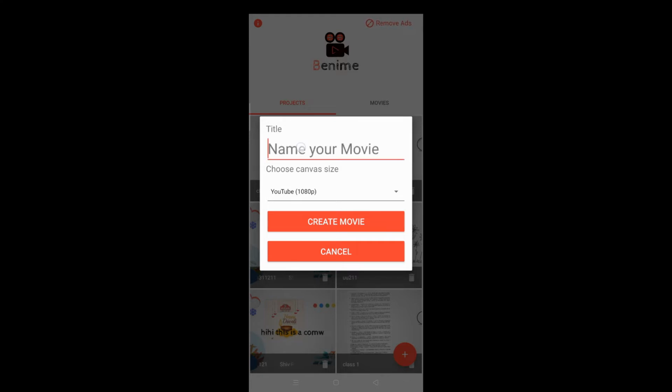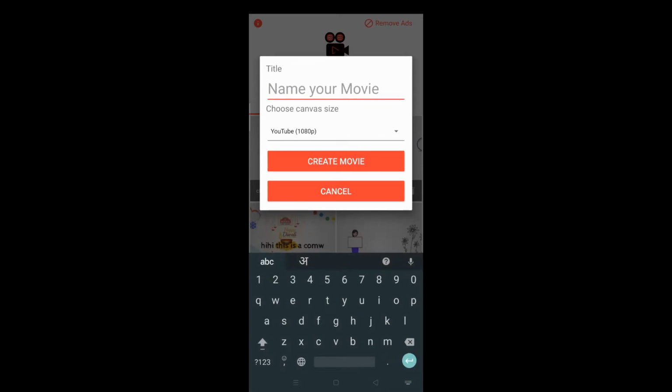Here you write your project name, like class 2. The topic I will create is computer.